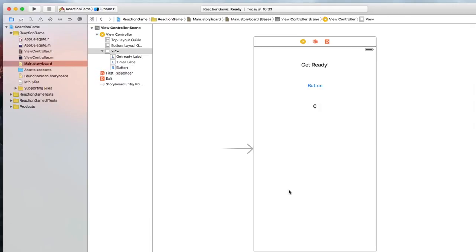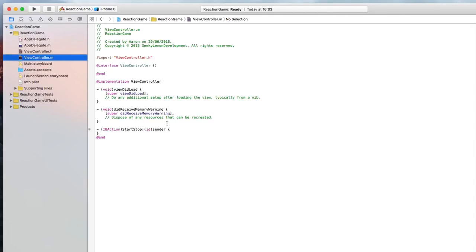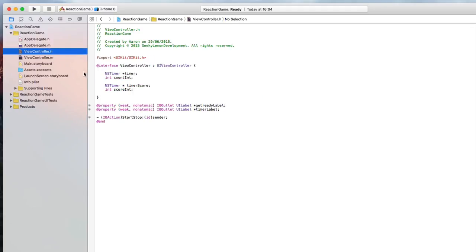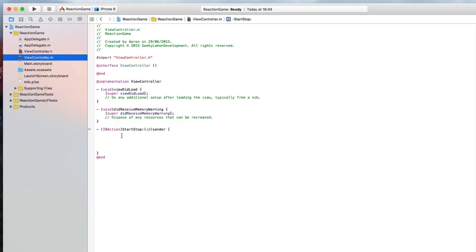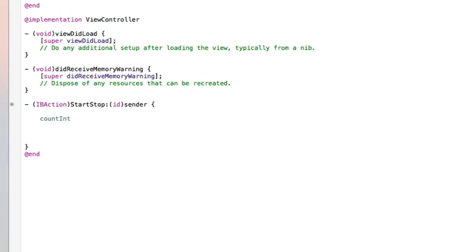Okay, so we need to create this in stages to make sure that it's working. The first thing you need to do is set up the timer to count down at the start. So the 3, 2, 1, and as soon as it hits 0, that's when we need to react. So we're going to create that timer first. So what we're going to do then, in our start button, we're going to space it out. We're going to get our count int, which, if I go back to our .h, is our first NSTimer one. So we set our count int to simply equal the number 3,